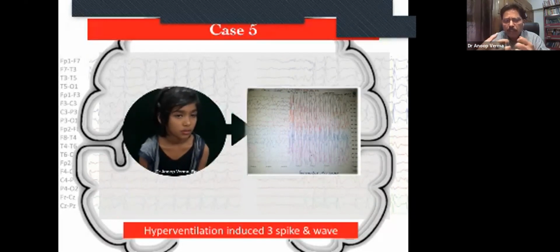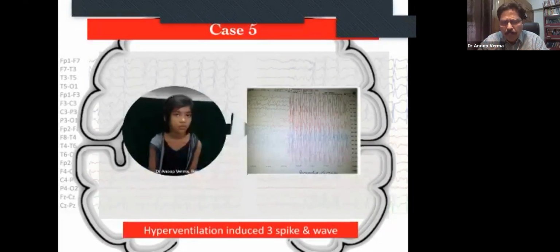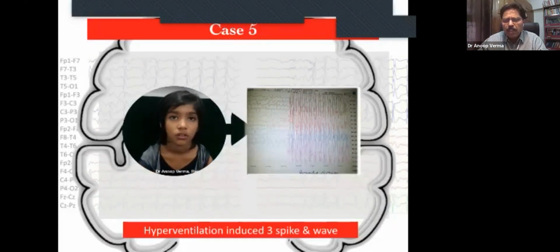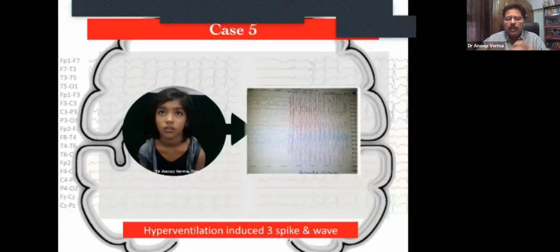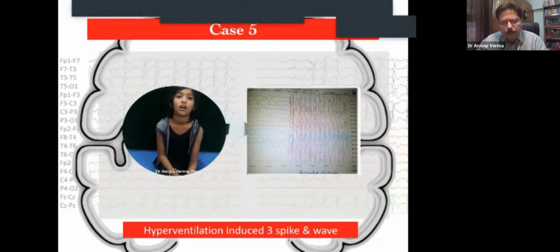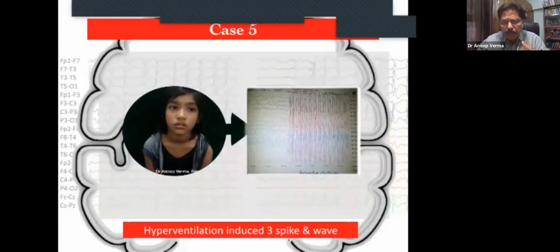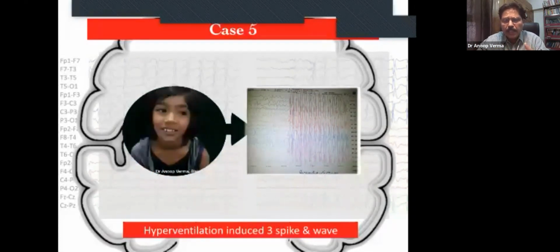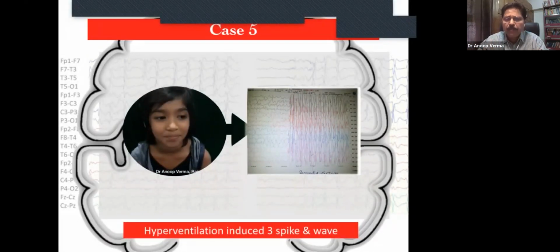the seizure activity, as in this child who is hyperventilated for 3 minutes, and in the EEG you are seeing the 3 Hz spike and wave. This is a very classical signature EEG of childhood absence epilepsy. And if a patient comes to you in your OPD and says he has frequent blank spells, ask the patient to do hyperventilation for 3 minutes. Your diagnosis will be confirmed in front of you in your OPD, and later on you can confirm by signature EEG. And this is very, very practical.